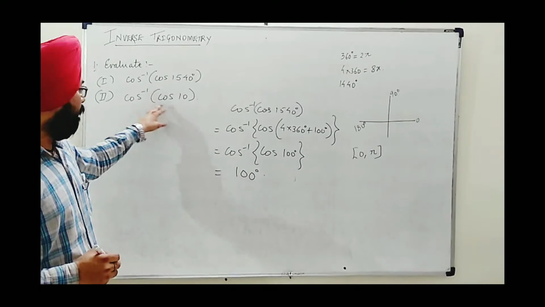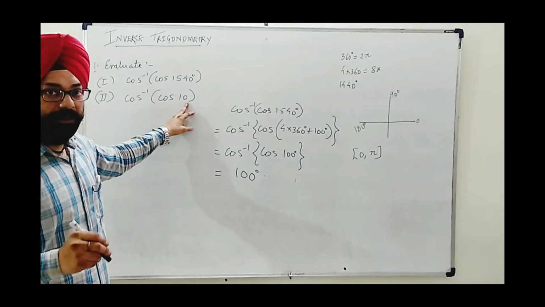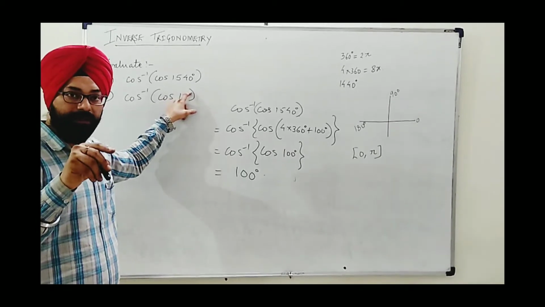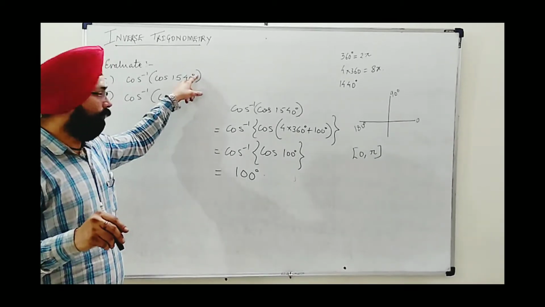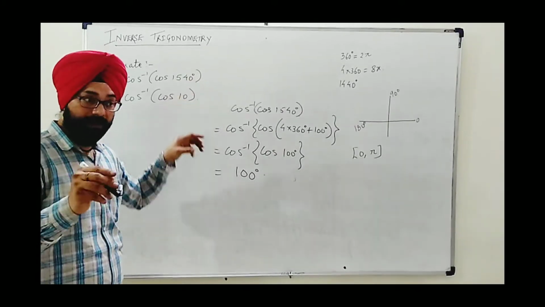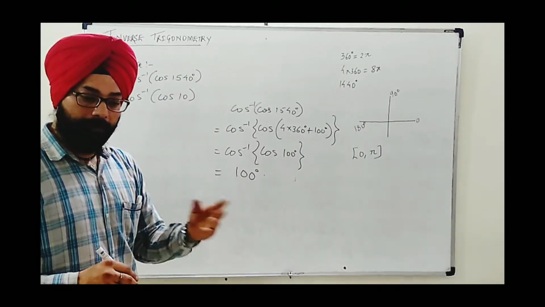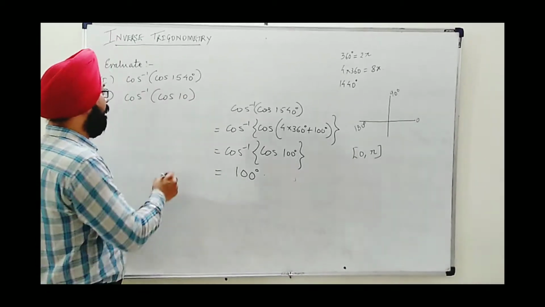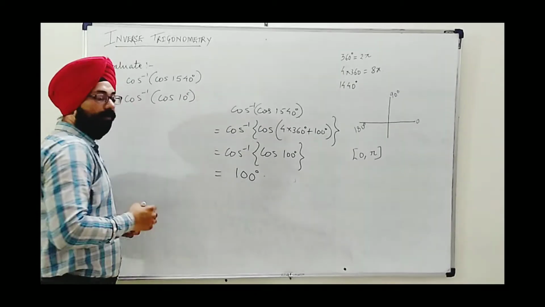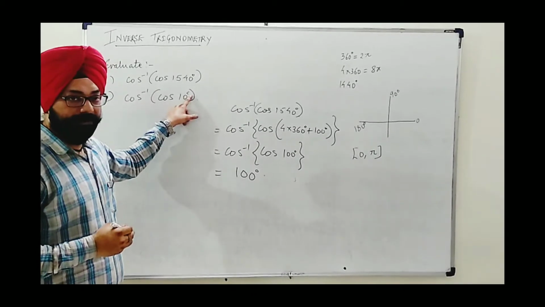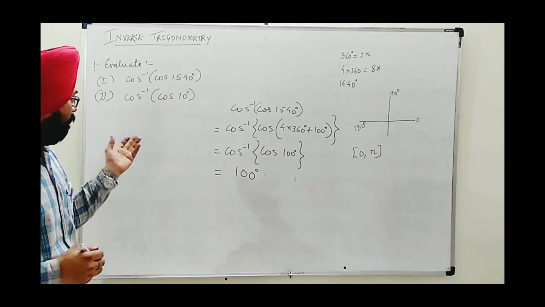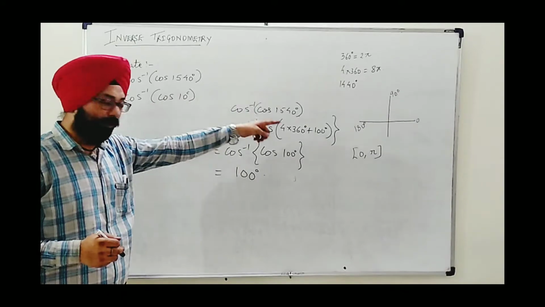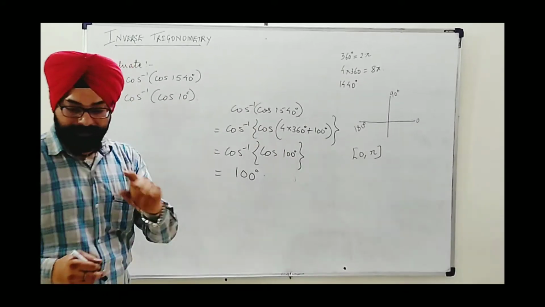Now this is all we applied when the value was given in degree. In the second question, you see cos inverse cos tan. Be careful: with cos I have given a value, but here no unit is written. Earlier the unit was degree; here I have not written the unit. In general, if you are not told anything about the unit, then we need to take it as radian. Otherwise, you will be given the unit of radian as a c here. Now, whenever you are given a value in radian, should we cancel this out by the same method? It's not so.